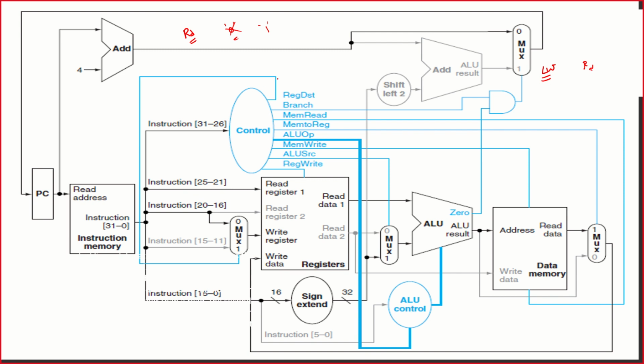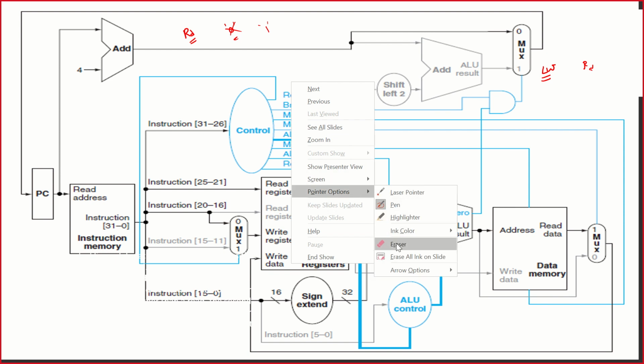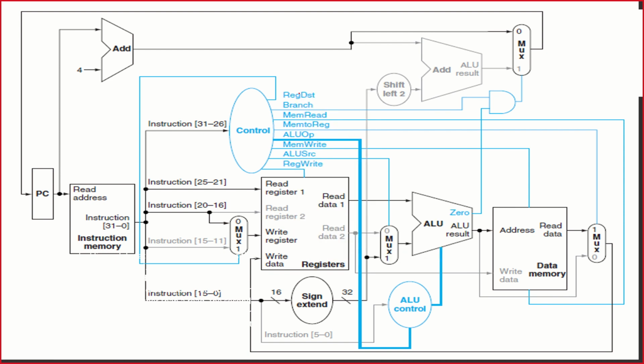All the control signals are highlighted in blue color. The most important control signal is ALU OP, so we have updated that as well. Like what I did last time, the ALU OP has to be updated clearly whenever you are drawing it. These are the fundamental things that you need to remember. Now let's go ahead with tracing it so that you will understand it clearly, full-fledged. Right, let's go ahead to the first part.